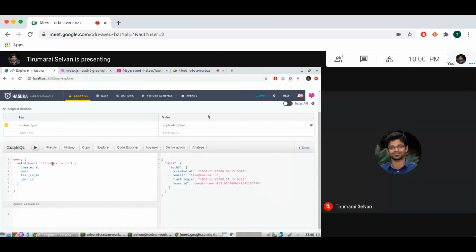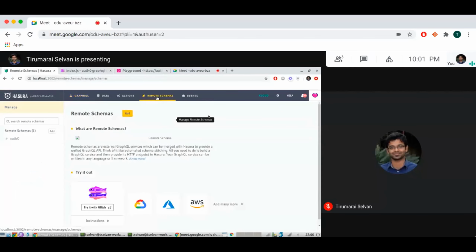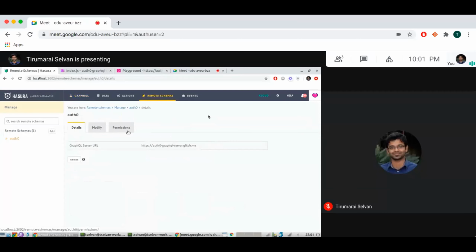This is fine. But suppose I knew some other user, right? So Tanmai G at Hasura.io, I could get their information also from the remote schema just by passing this argument. So what I need to do so that I only get my information is hide this field altogether and get the Auth0 profile only through the remote relationship. And to do that, we will now start adding permissions to our remote schema and introducing remote schema permissions,